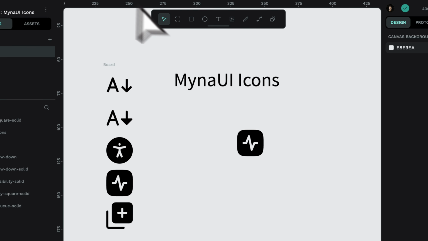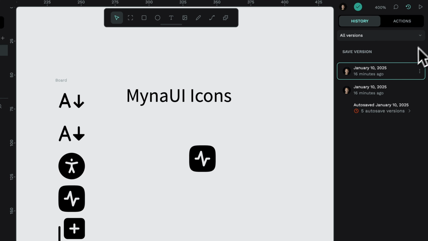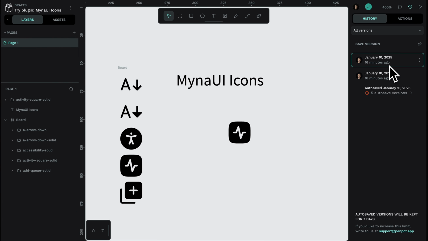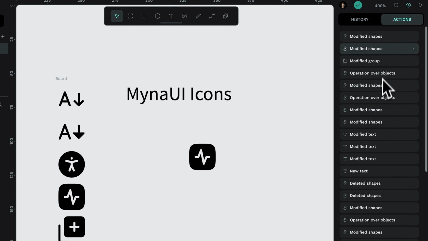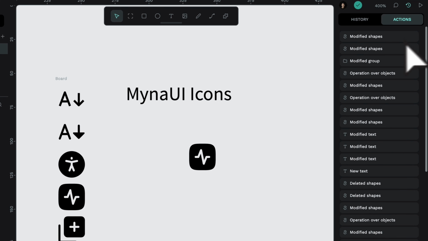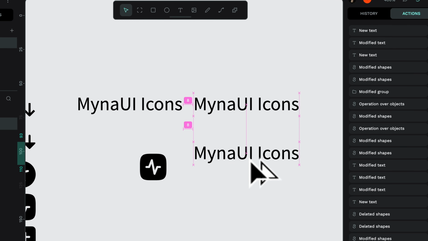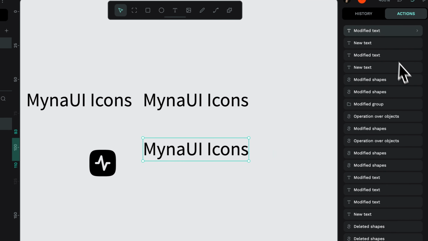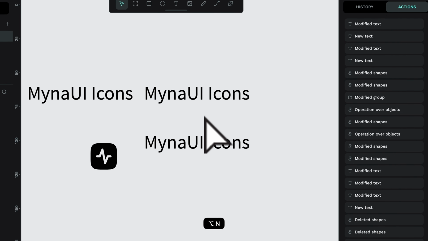So file history. You can access file history by clicking right over here, and as you can see, I've created some versions, and you can see all the actions that we do here. I don't think Figma has something like this actions thing. So basically, whenever you create something new, it will add it. It adds something here, so that you can just see what are the actions that have been taken in the